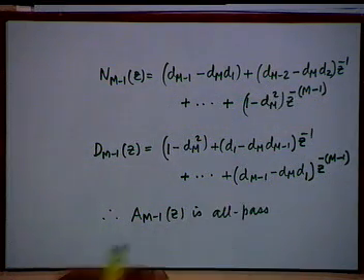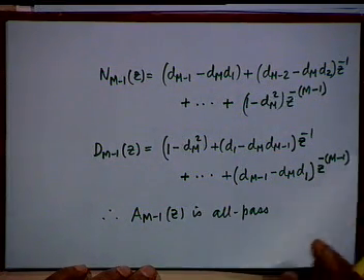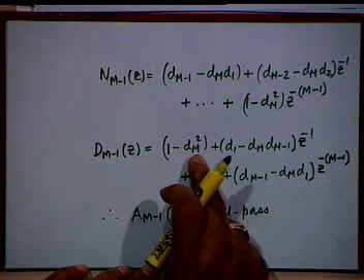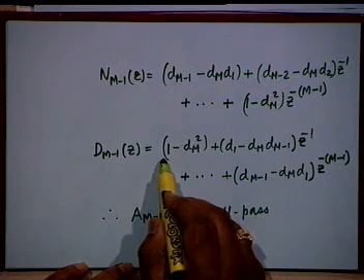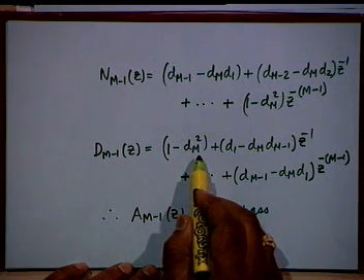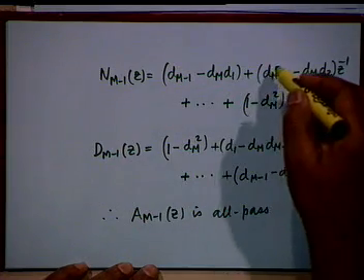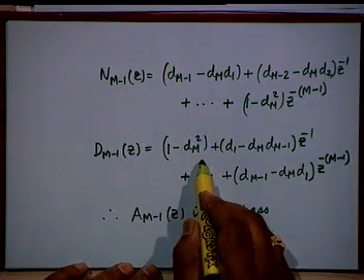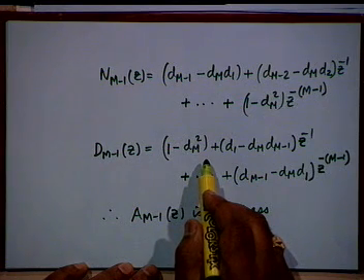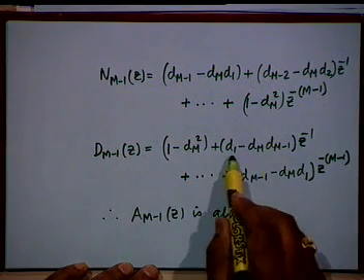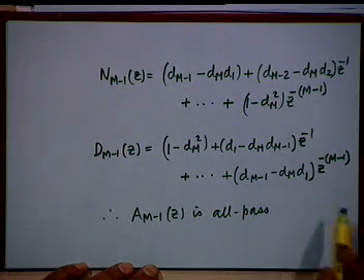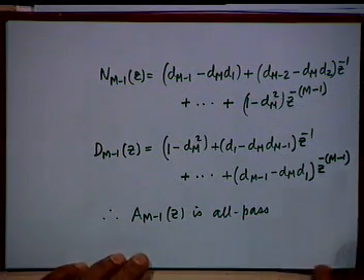and if we follow the same discipline, and make the constant term in the denominator as unity, then we will have to divide both numerator and denominator by 1 minus dm squared. Agreed? Then I shall get 1 plus d1 minus dm dm minus 1 divided by 1 minus dm squared, and so on and so forth. Agreed? Therefore, Am minus 1 z